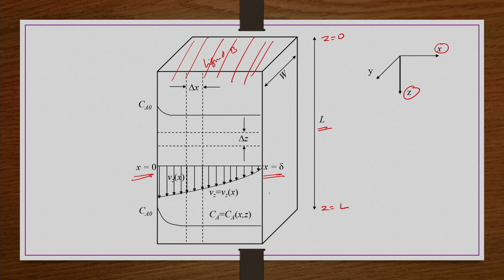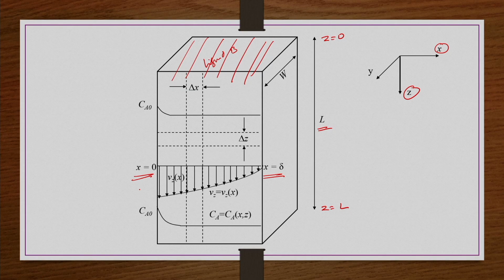If you visualize in a 3D diagram, x equals delta is nothing but your screen on which you are studying. Or if we are discussing this problem on a board, x equals delta is the board location, and from the top of the board the material is falling, right. x equals 0 is the outermost layer of the liquid which is exposed to the surrounding gas. The same thing if you visualize like this: let us say this palm is a surface. Now from the top the liquid is flowing down like a film, right.